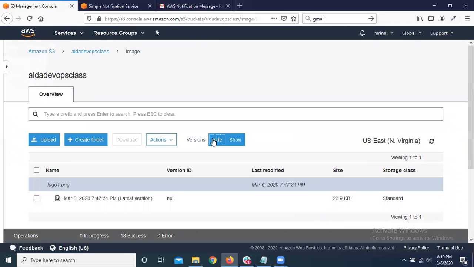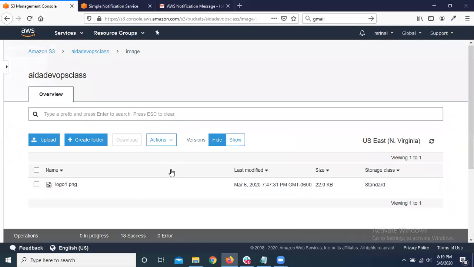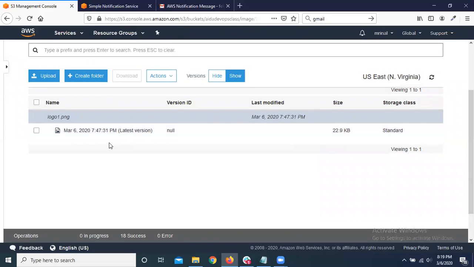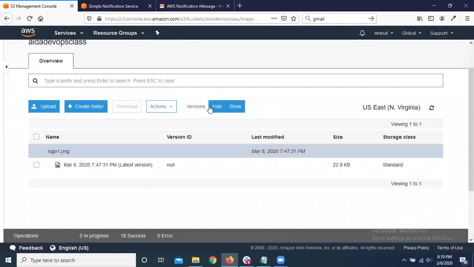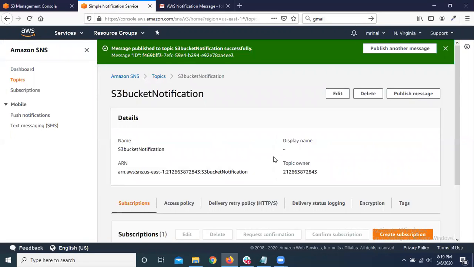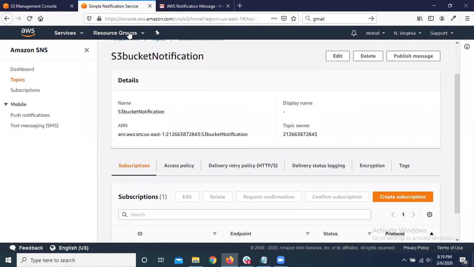Why? Because that file was not actually a version. That was the original file, and I deleted that original file from there. That's why I can see right now we got only one file, because I already deleted two files. That's not a problem, because I'm not going to use that static website, right? So okay, this is how I created